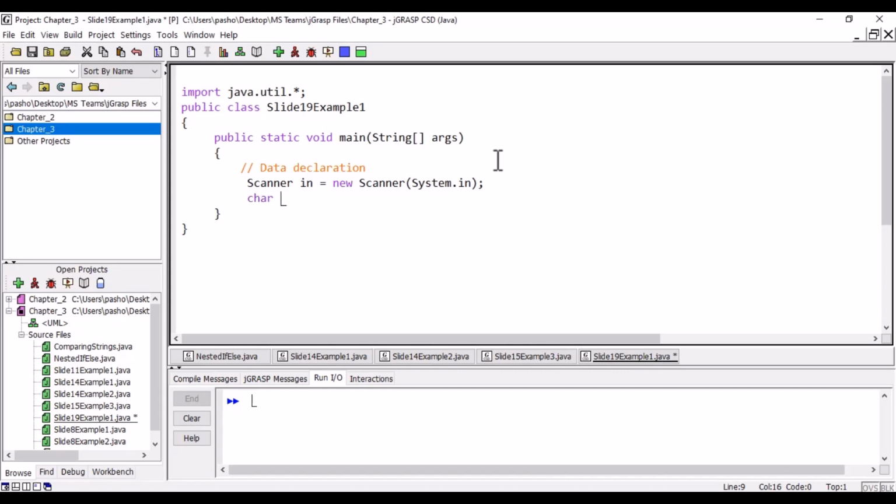So we need two variables. One will be a number, and we will call it number. The second one will be a char. We will call it unit, like what we have done before, either Fahrenheit or centigrade. We will ask the user,